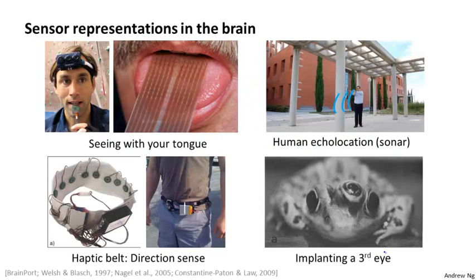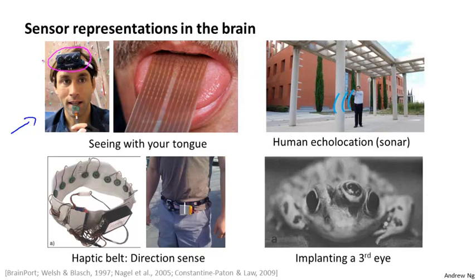Here are a few more examples. On the upper left is an example of learning to see with your tongue. This is actually a system called BrainPort, undergoing FDA trials now to help blind people see. But the way it works is